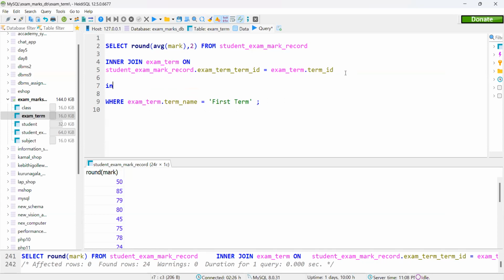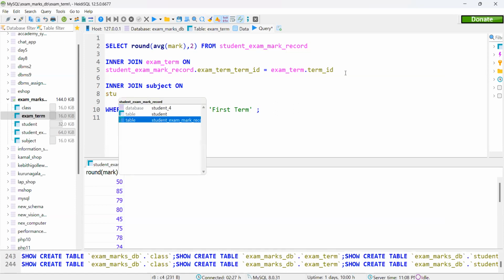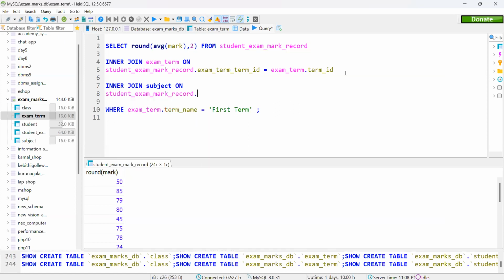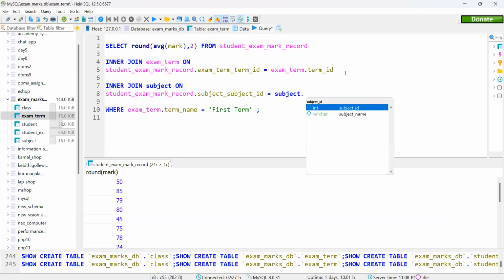Right, the subject table, subject from student mark report, subject ID and subject ID, and we say